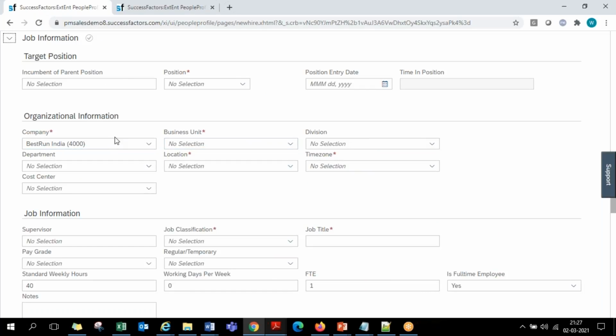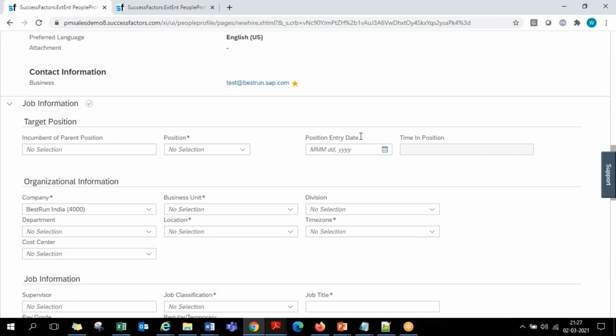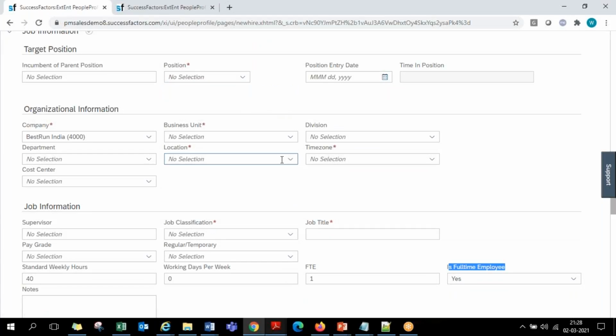That is, in this company, in which business unit, division, department, and location he is working, in which position he is going to be hired, his job details, who his supervisor is, what his pay grade is, whether it is a regular or temporary job, full-time or part-time, and various other things. These are specific to the employee's employment in this company. The previous things, his national IDs, first name, last name, personal details, contact details, dependent details, are all employee-specific information. But this is organizational information.